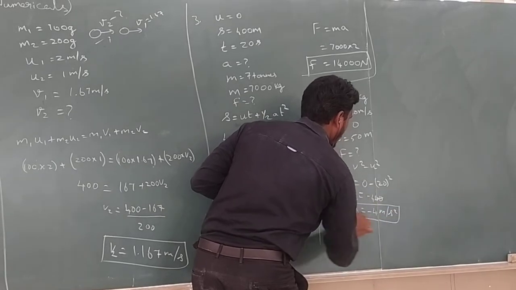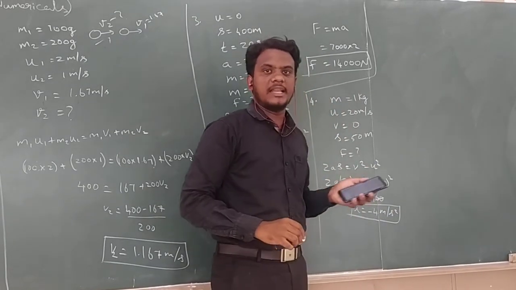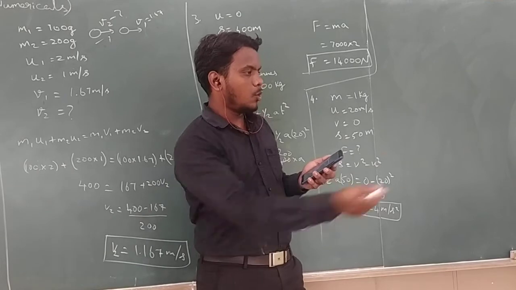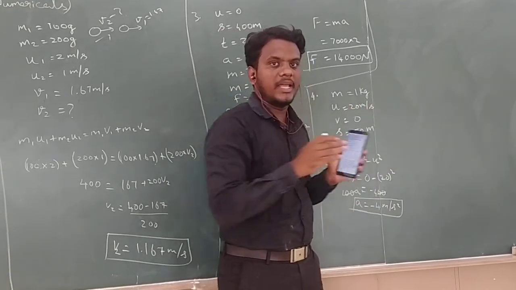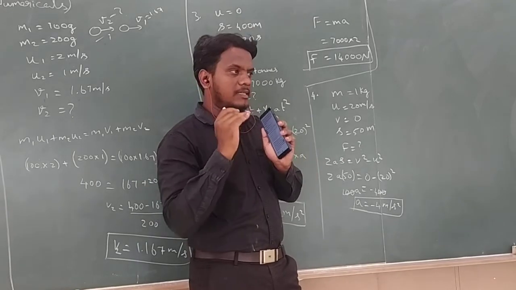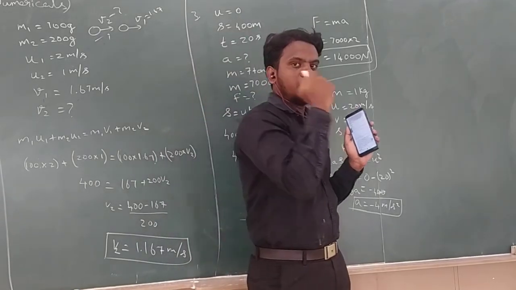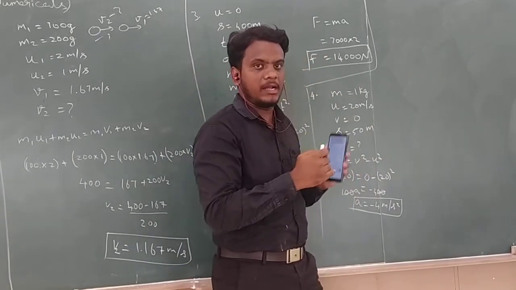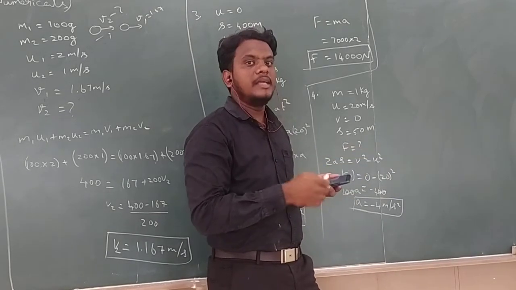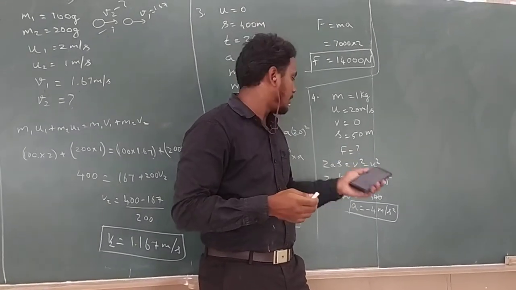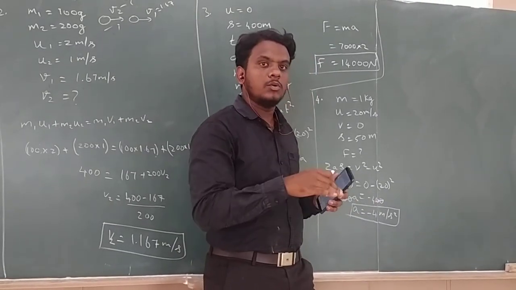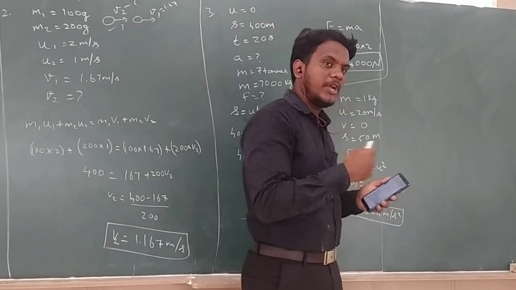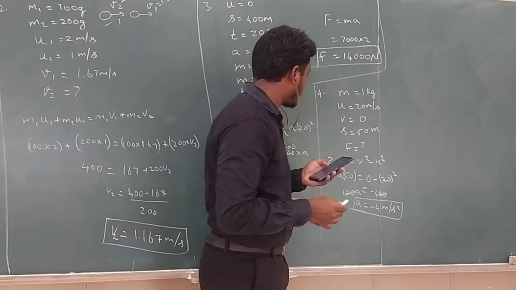Why is it minus 4? Because this is not acceleration, this is retardation. When I throw, after some time it comes to rest, like applying brake on a car. A car is moving with an acceleration, I apply the brake, it comes to rest. That is called deceleration or retardation, right? So similarly here also the negative symbol represents that the stone comes to rest because it is retardation.